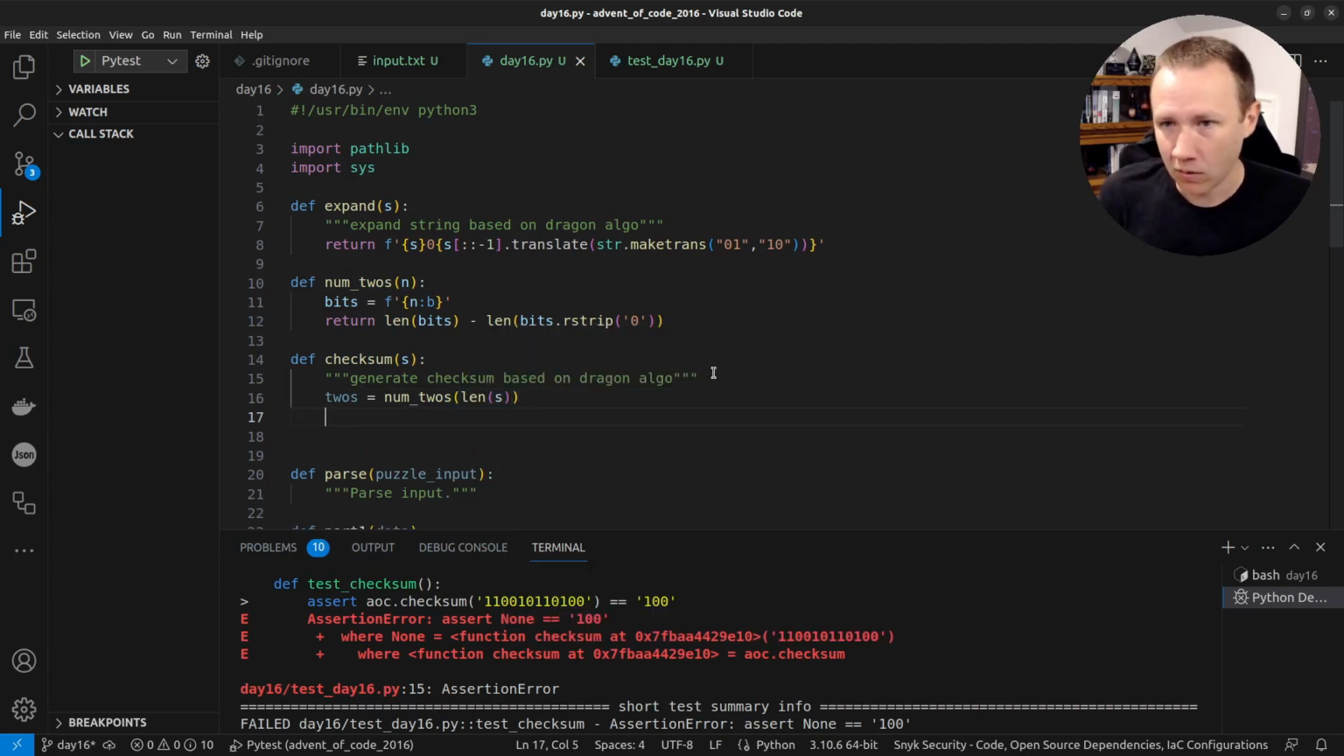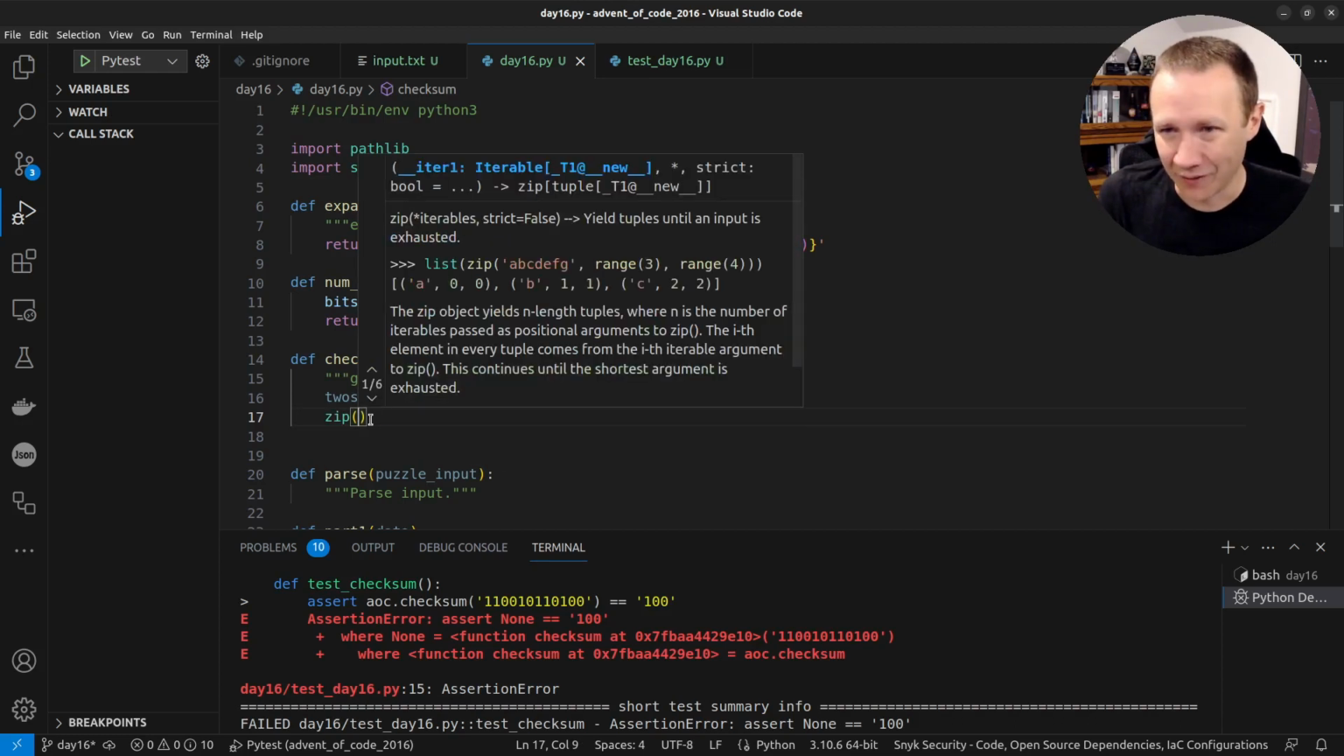So now, what is the checksum? I'm starting to have this memorized, I think. So we want to grab these in groups of like 2 to the number of 2's, right? So if there's 2 2's in there, we want to grab them 4 at a time. If there's 3 2's, we're going to actually grab them 8 at a time, because that's how many we're going to do. So we are going to do our zip,